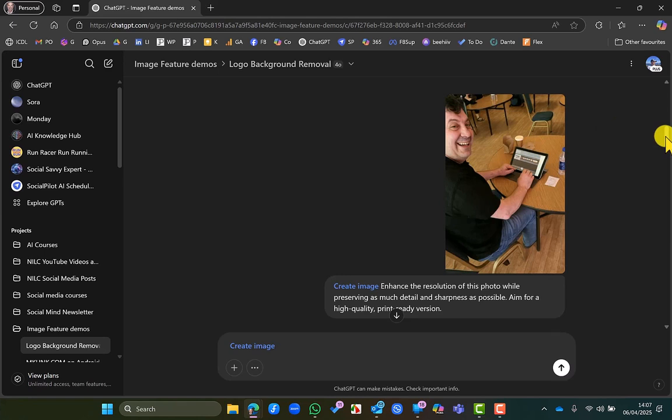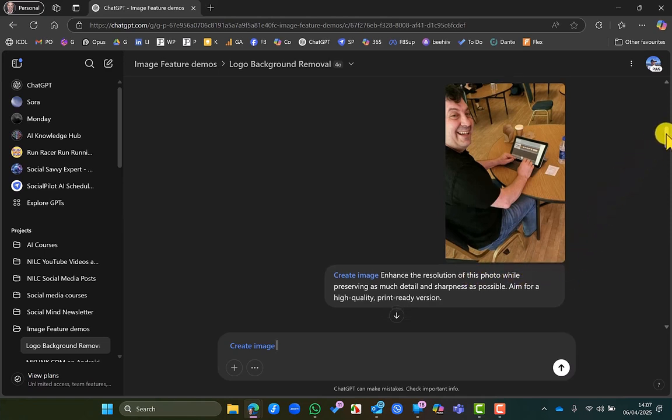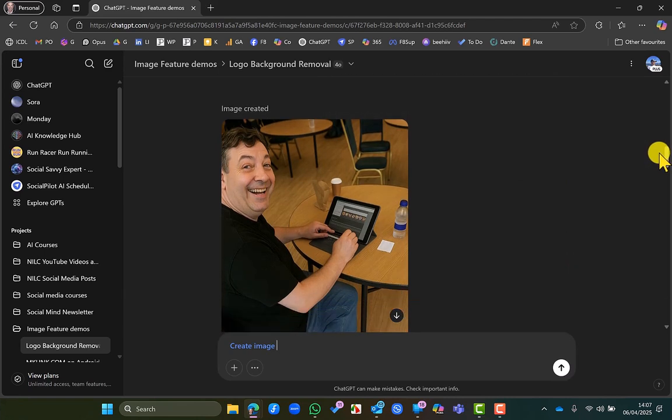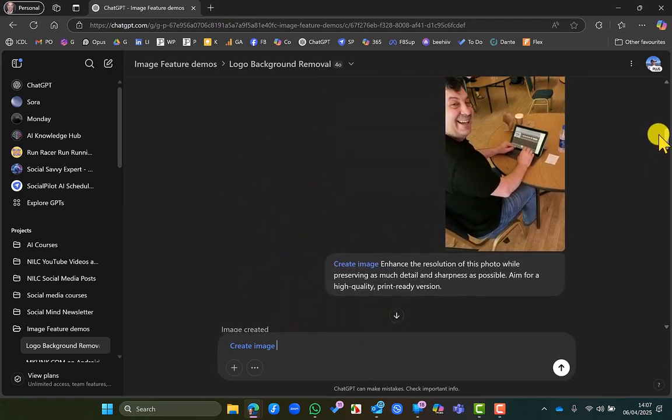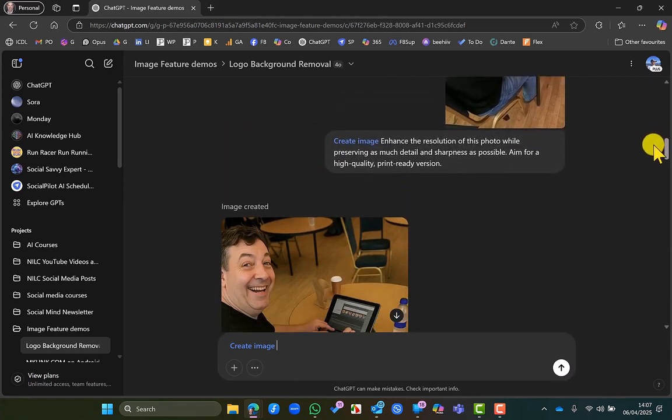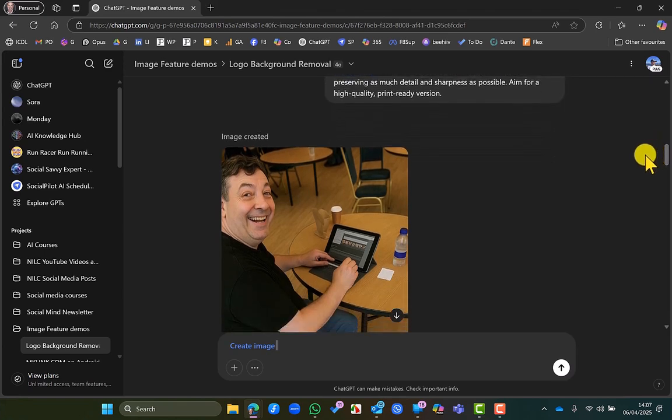So let's upscale this photo using the prompt: enhance the resolution of this photo while preserving as much detail and sharpness as possible. Aim for a high quality print ready version. Now, because what essentially ChatGPT does is recreate the image from scratch, there's often a danger here if there's a person involved of the likeness not looking much like the original person. But actually, I think in this one, I think you'll agree, it's not too far off. It does, I would say, you would recognize that as the same person, but it has been upscaled,